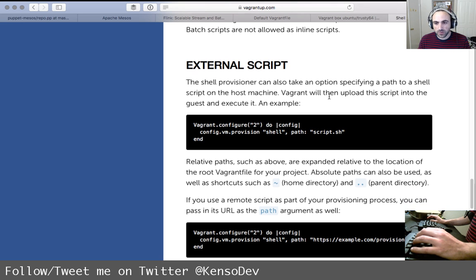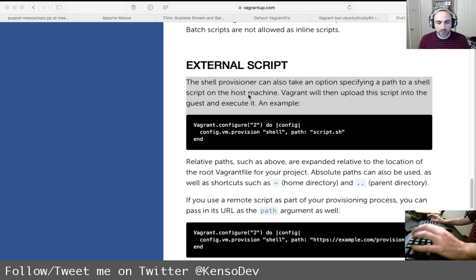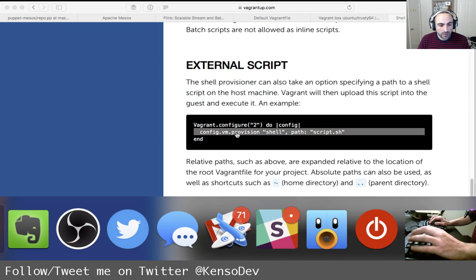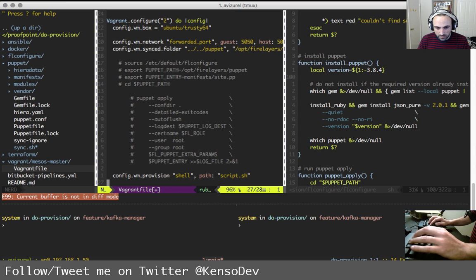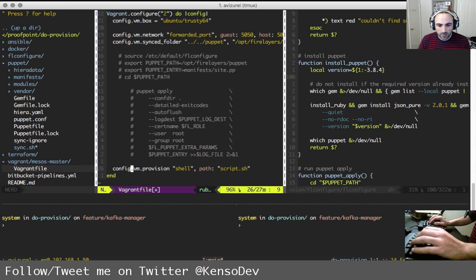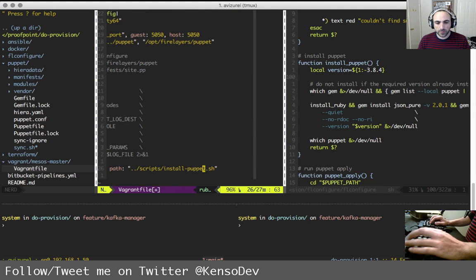Vagrant will then upload the script into the guest and execute it. An example. Okay, cool. So let's go ahead and copy this, and I want to paste it here. And then it's gonna be install Puppet.